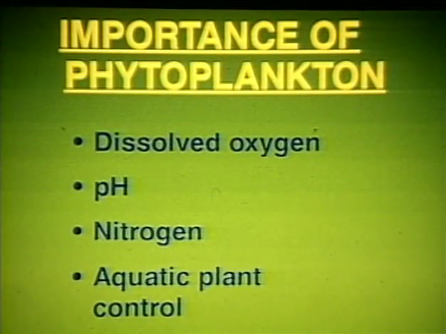In both fed and unfed ponds, phytoplankton influence overall water quality. Phytoplankton influences the level of dissolved oxygen, pH, and nitrogen. Specific examples of how phytoplankton is involved with these parameters will be included as they are discussed. Phytoplankton also aids in the prevention of large aquatic plant growth. This is due to the shading effect caused by phytoplankton. Shading by phytoplankton prevents sufficient light from reaching the larger plants, which in turn inhibits their growth.